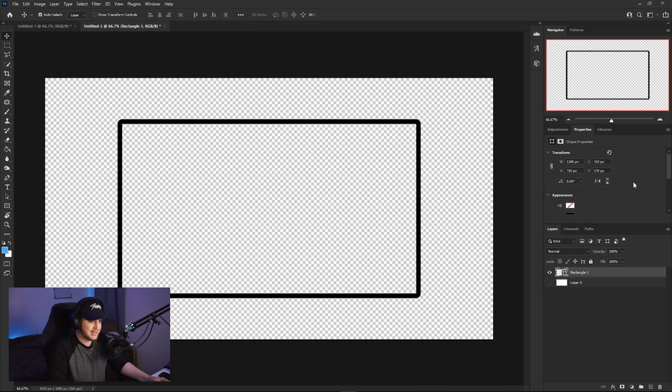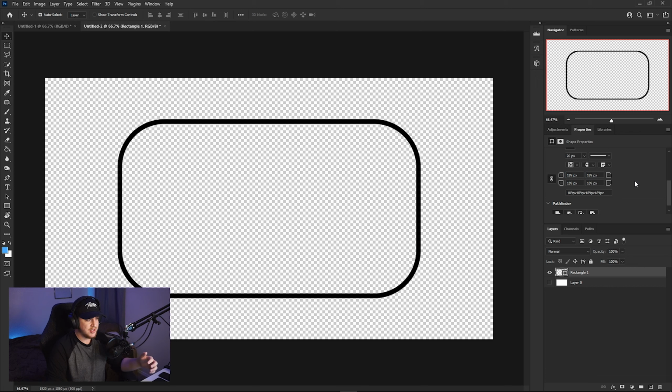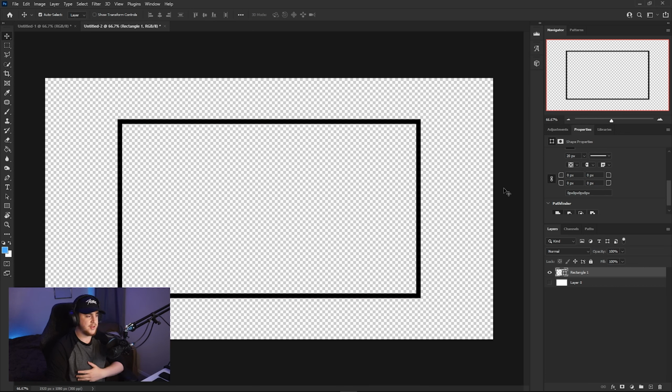After that, head to properties again and make sure you have your rectangle one layer selected. Go ahead and scroll down until you reach a section that gives you four corners, each of which should be set to 10px, which is pixels for short. However, it truly depends on how you want your facecam to look at the end of the day. As you guys can see, when you have the link button clicked, it will adjust all of the corners to a circular border or a square border. I personally recommend doing a hard square border because that's what looks best with this particular look, but you can go in any direction you want.